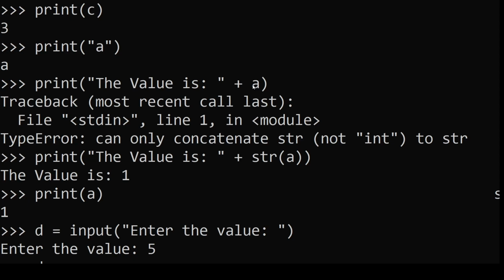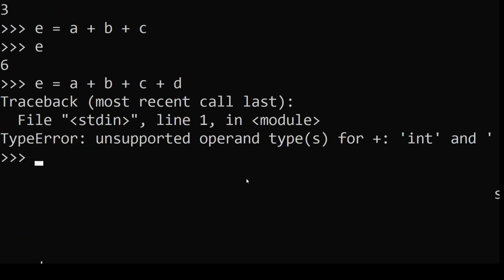A is the integer, so this a is integer. Now we have converted it into str, string. So this integer a is converted into string. So we can convert integer into string. Similar to that, string into integer can be converted. So this string and this string can be concatenated. So this plus sign in the print is the concatenation operator, and the plus sign next is the addition operator in the